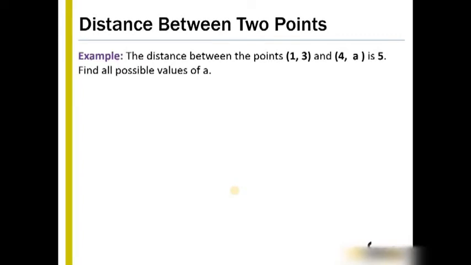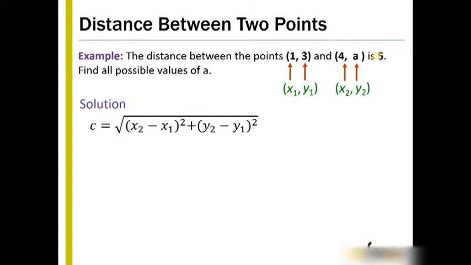Example. The distance between the points (1, 3) and (4, a) is 5. Find all the possible values of a. So again, this is the point (x1, y1), and this is the point (x2, y2), and 5 is the distance. So if we use the distance formula, c is the square root of (x2 minus x1) squared plus (y2 minus y1) squared, then x2 minus x1 is 4 minus 1, and y2 minus y1 is a minus 3, and the